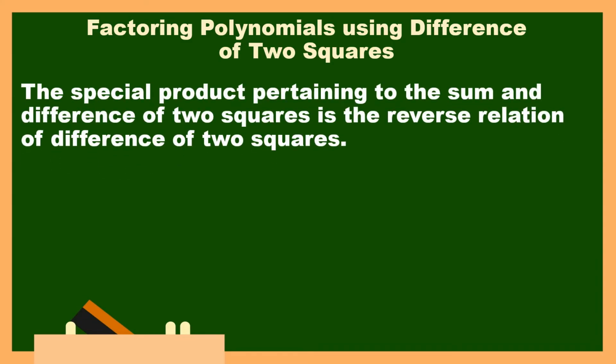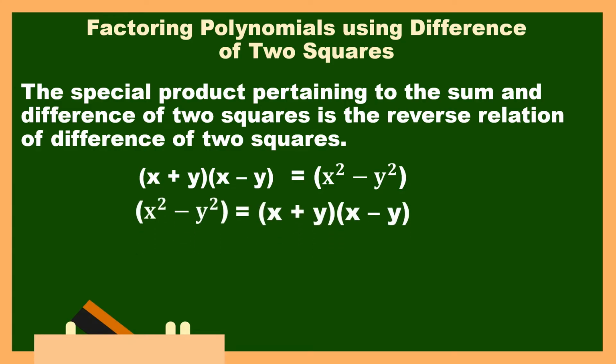The special product pertaining to the sum and difference of two squares is the reverse relation of difference of two squares. Thus, the quantity of x plus y multiplied to the quantity of x minus y is equal to the quantity of x squared minus y squared. Hence, the quantity of x squared minus y squared is equal to the quantity of x plus y multiplied to the quantity of x minus y,